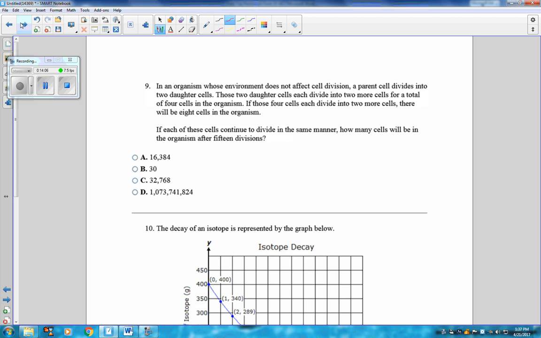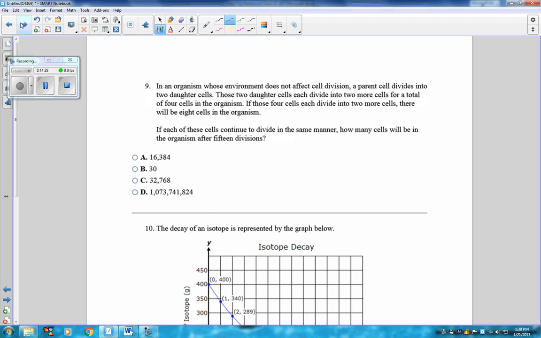Problem 9 says, in an organism whose environment does not affect the cell division, a parent cell divides into 2 daughter cells. Those 2 daughter cells each divide into 2 more cells for a total of 4 cells. If those 4 cells divide into 2 more cells, there will be 8 cells in the organism. If each of these cells continue to divide in the same manner, how many cells will be in the organism